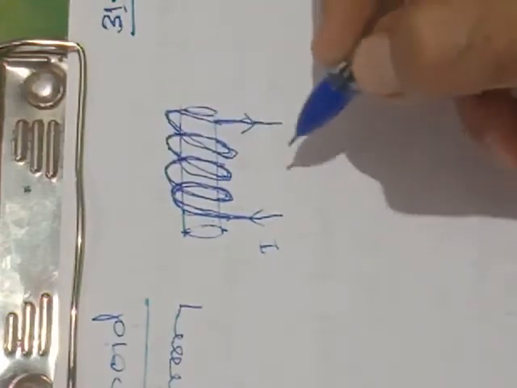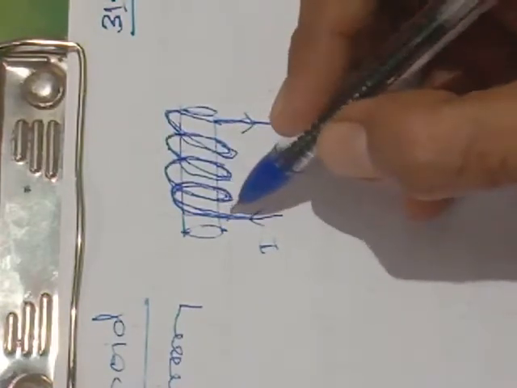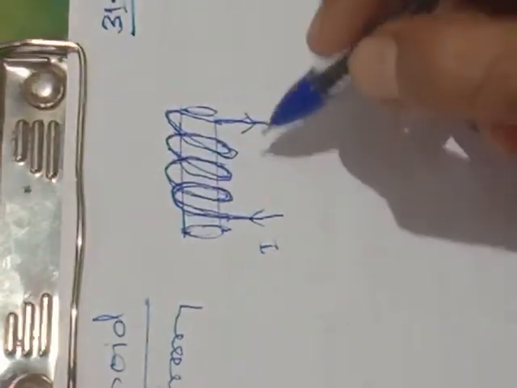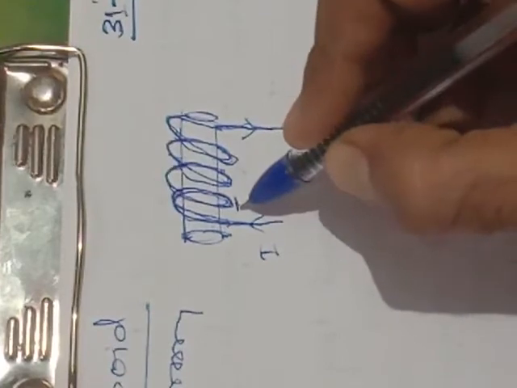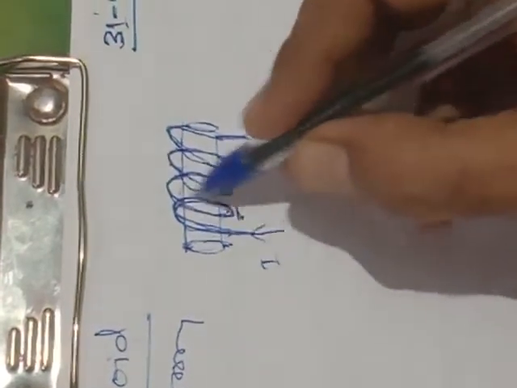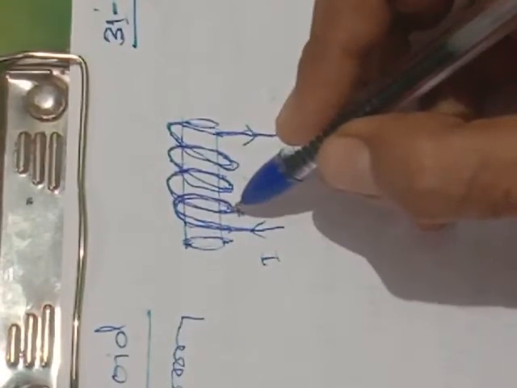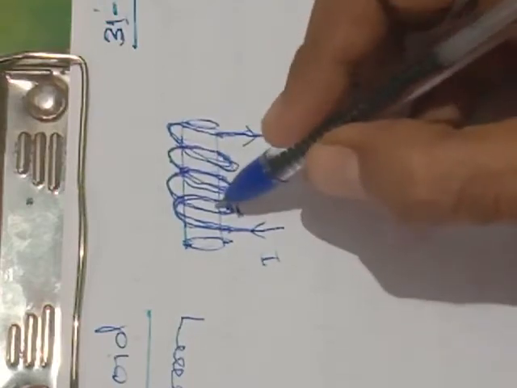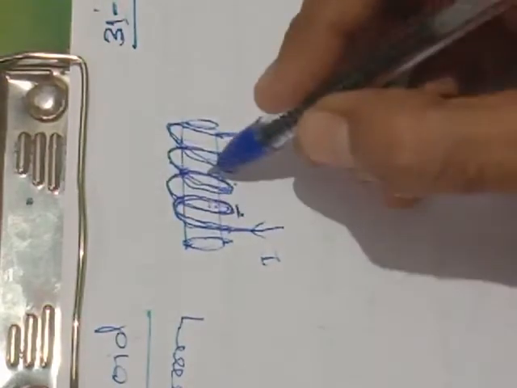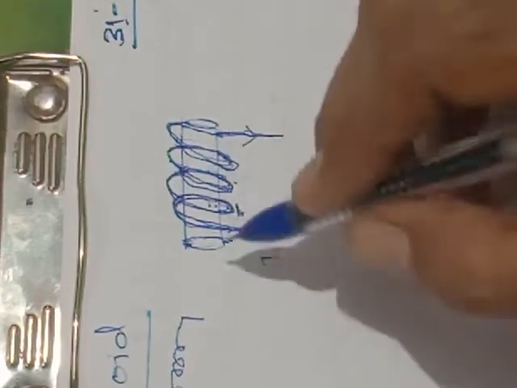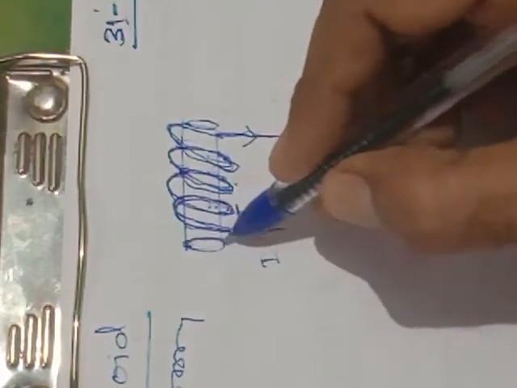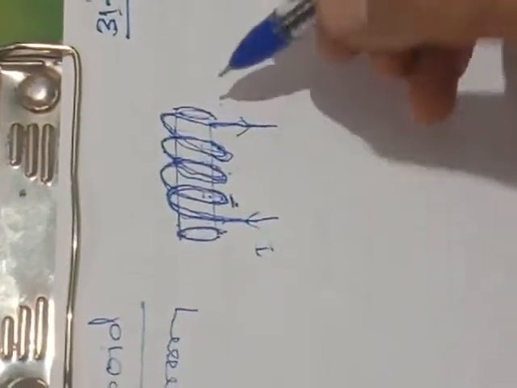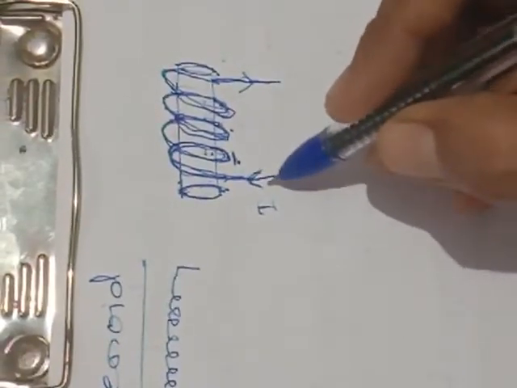Whenever a current is flowing through a circular wire, it creates a magnetic field. Each turn will act as a circular current coil. This turn will act as a circular current coil, this will act as a circular current coil. So all these turns will create the magnetic field. So what is done here? In a solenoid, current is converted into the form of a magnetic field. The same amount of current is flowing through each wire.